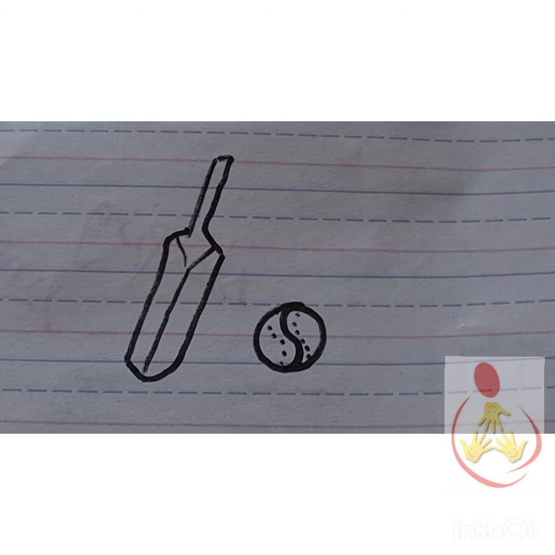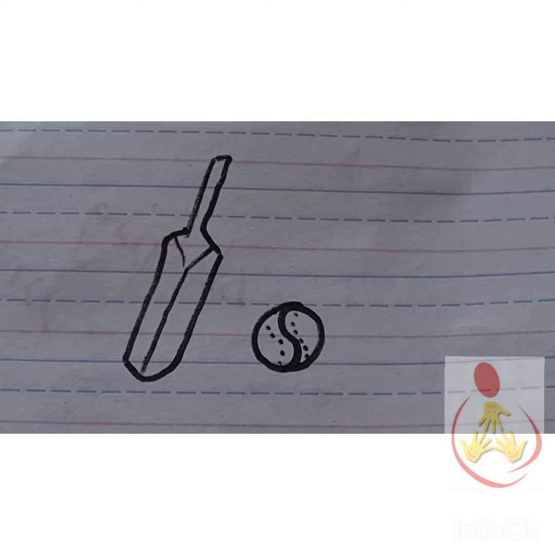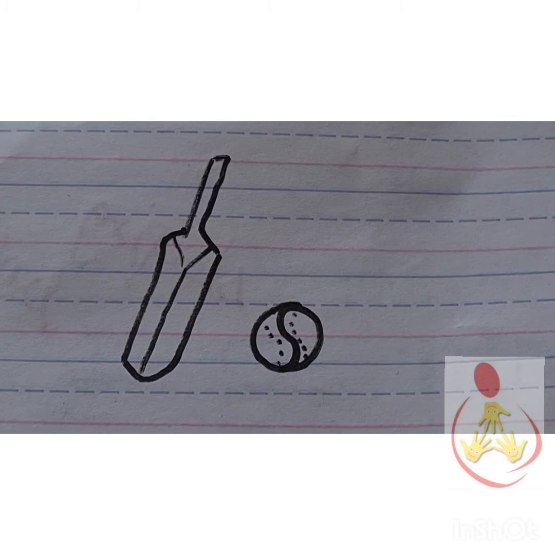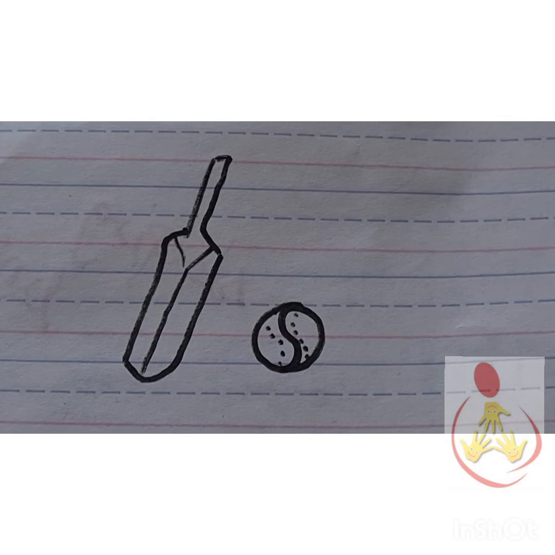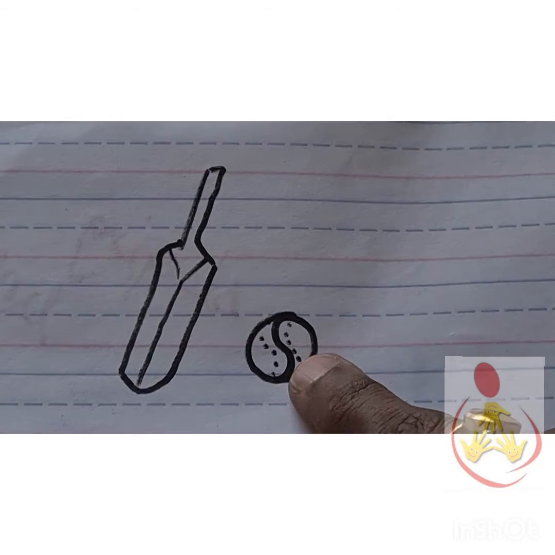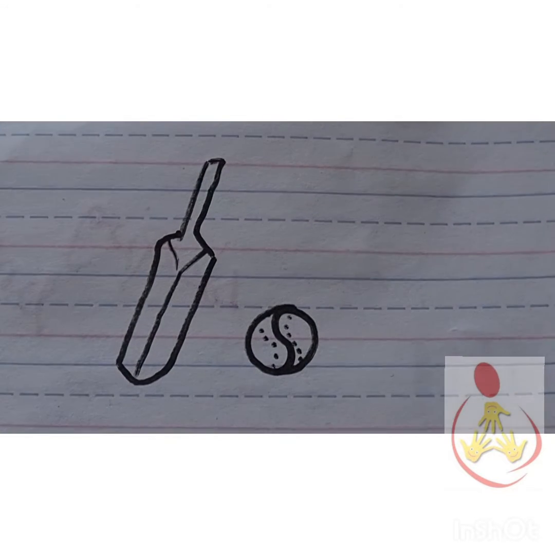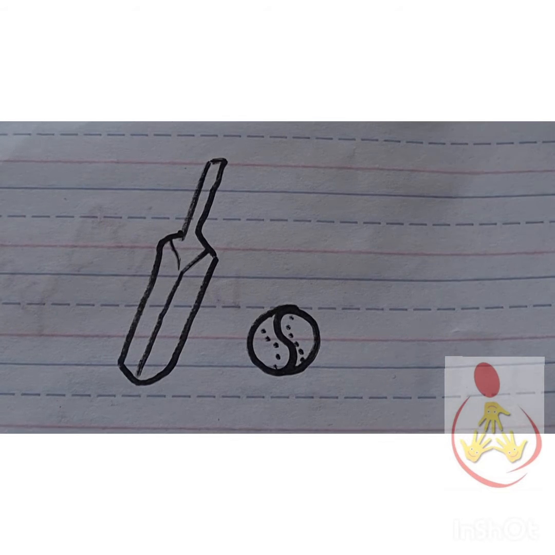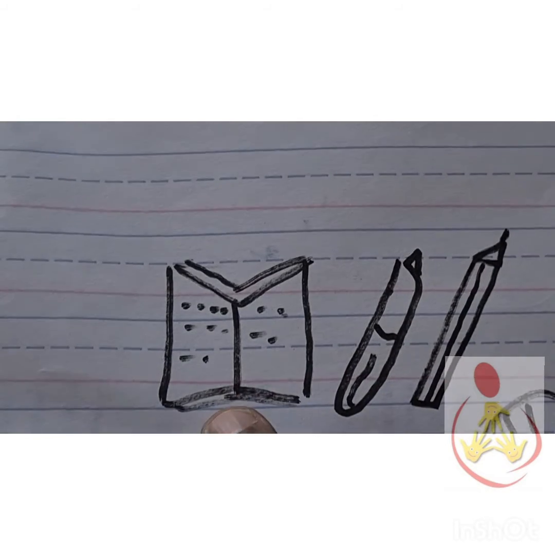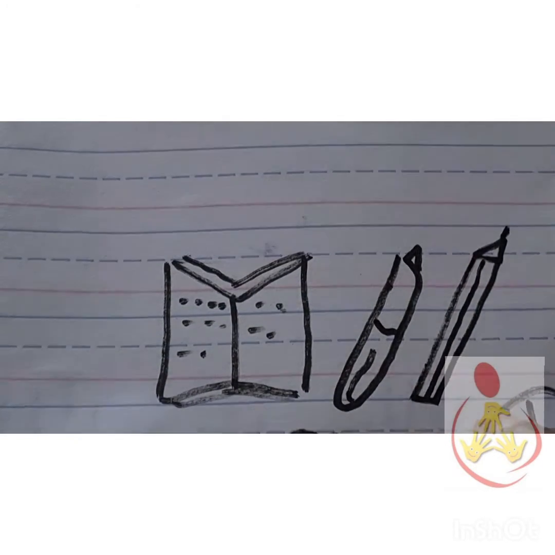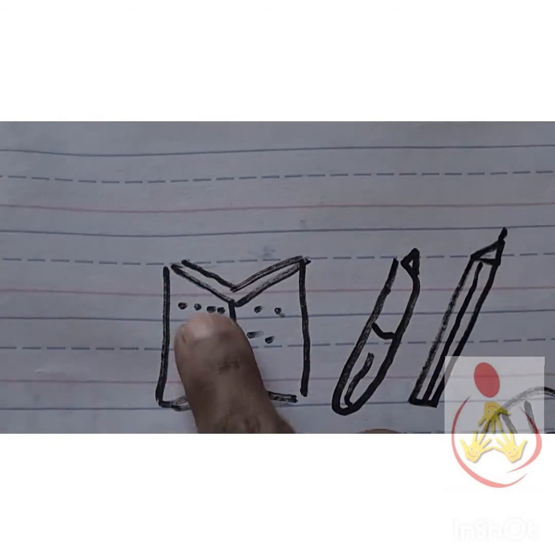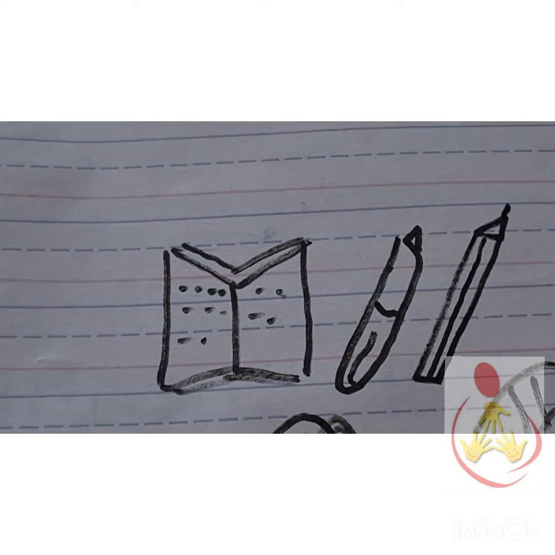We do this in school, especially when we start teaching them to write their name, or even to tell their name. We tell them to clearly say, my name is so and so, instead of saying just the name. They have to call it out as a complete sentence. So, this is a bat. This is a ball, or they can say this is my ball, or they can call out a friend and say this is a friend's bat, like that. Here I have a book, a pen and a pencil. Then you can talk about the different pages of a book. Some books come with print, some books come with pictures, and then we use a pen and pencil to write on notebooks. You can talk about that.